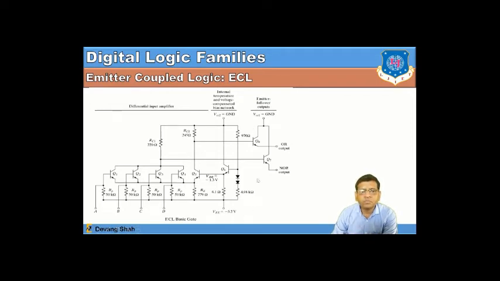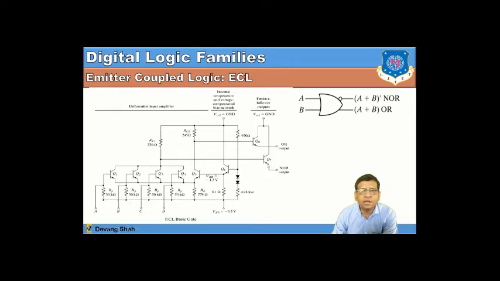So here you can see this particular internal temperature and voltage compensated bias network would act as an inverter, and from that you can define an OR gate and a NOR gate simultaneously. So this is the symbol of the OR gate and NOR gate that can be realized using